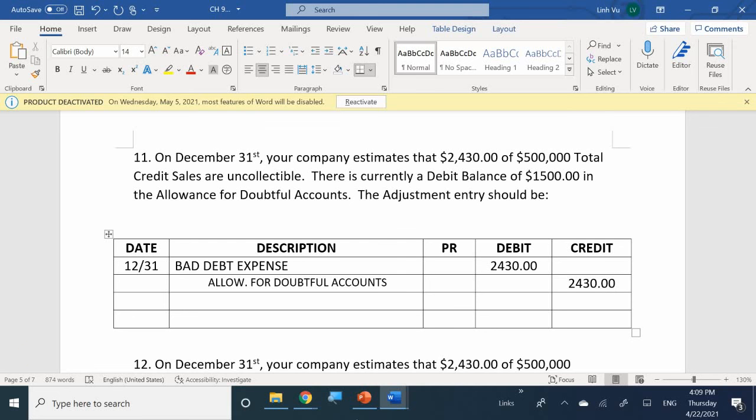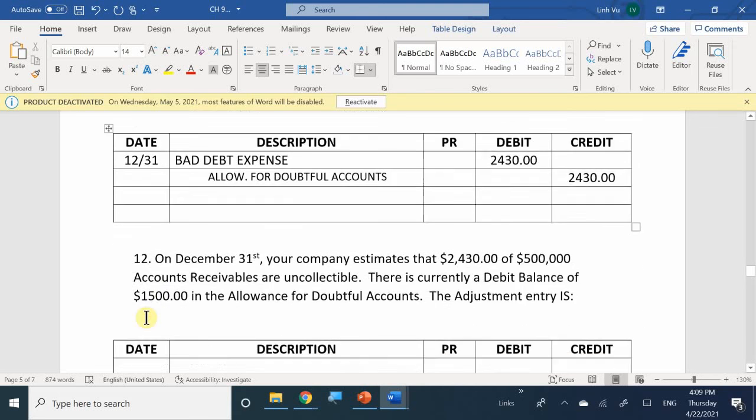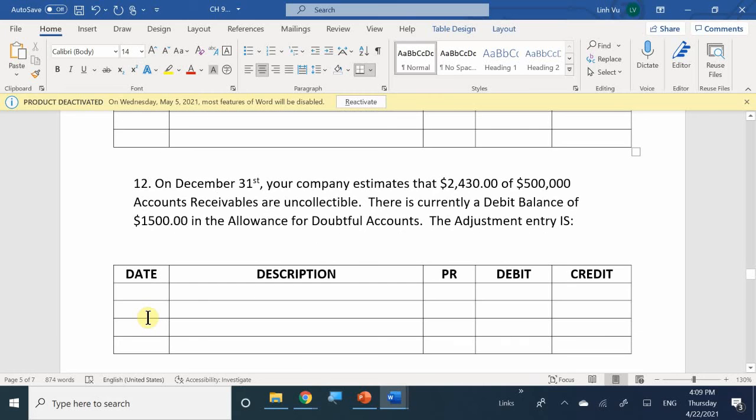Good. All right. Number 12, on December 31st, your company once again estimates that 2,430 of its 500,000 accounts receivable are to be uncollectible. And there's currently a debit balance of $1,500 in the allowance for doubtful accounts. So therefore, the adjustment is going to be